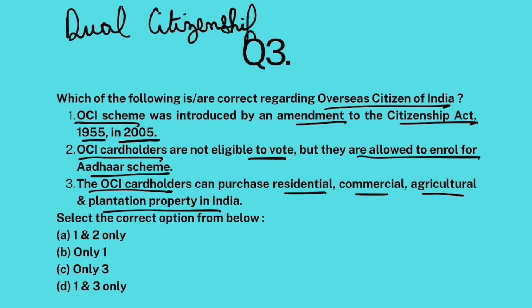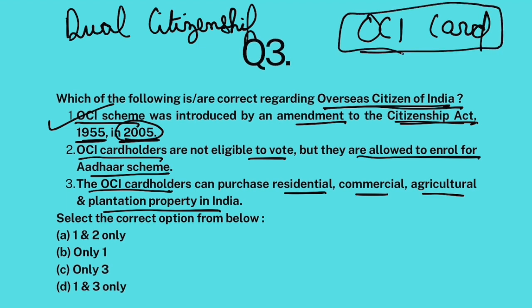So India launched the Overseas Citizenship of India scheme in 2005 by amending the Citizenship Act 1955. And through this, India brought out the OCI card scheme. So all these people who have an India connection, who are people of Indian origin, though they are foreign citizens, they can apply for an OCI card. As soon as they get an OCI card, they will be getting many facilities that are given to Indian citizens. So they will be very close to Indian citizens, though they are not dual citizens.